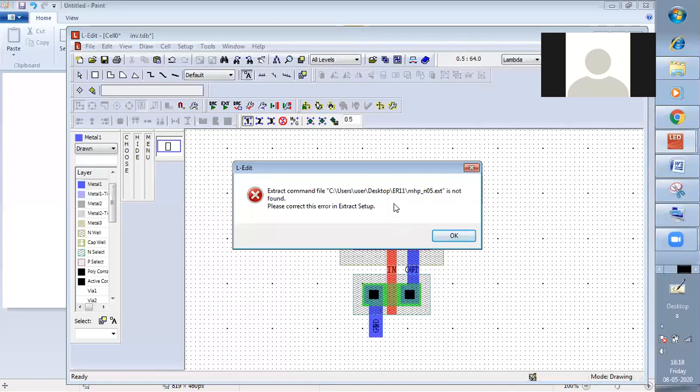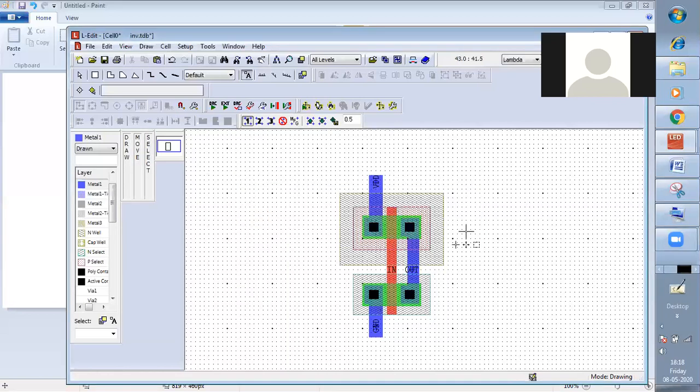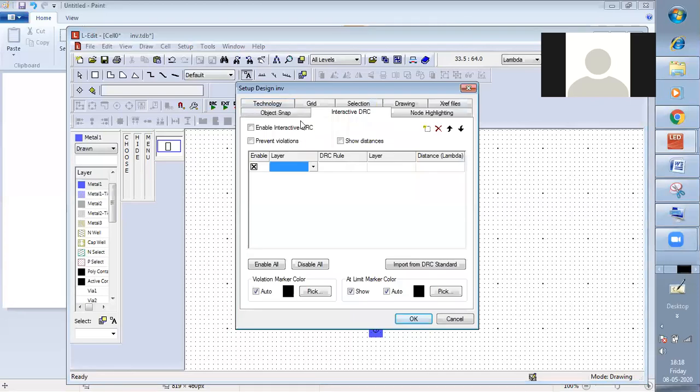It is said that desktop is not found. Oh, just a second. Please correct this error in the extract setup. This is a setup for... just a second, I have to do some changes.